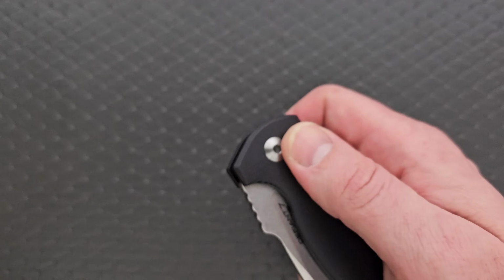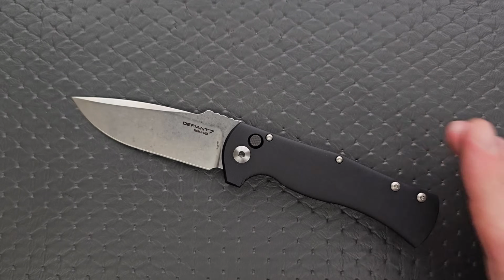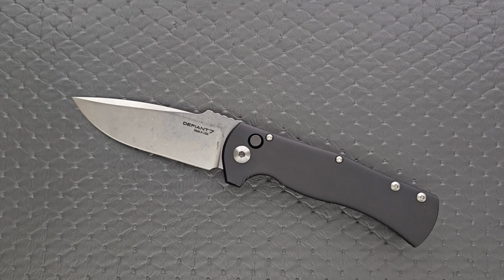It does deploy. Loosening the pivot helped. I mean, it made a world of difference. I'd say 20% easily. And it stayed fully centered with no blade play. So...